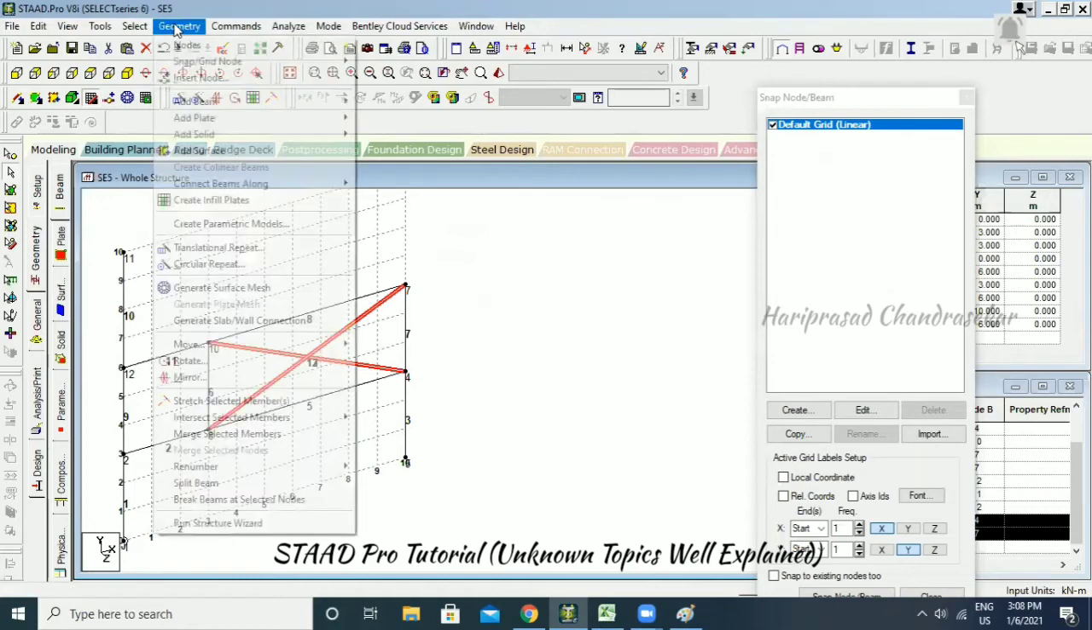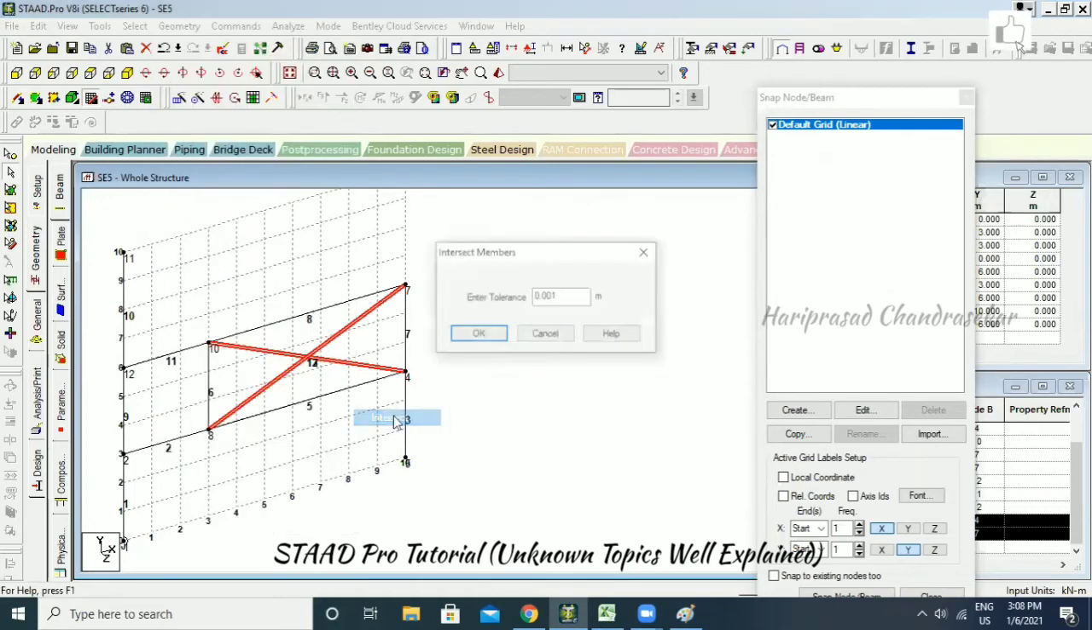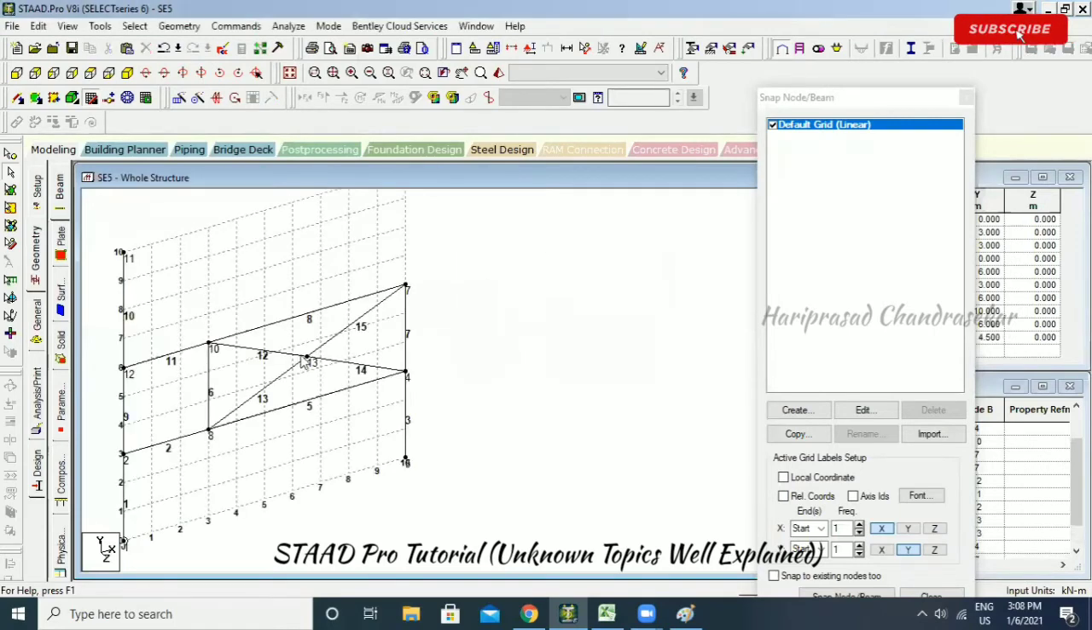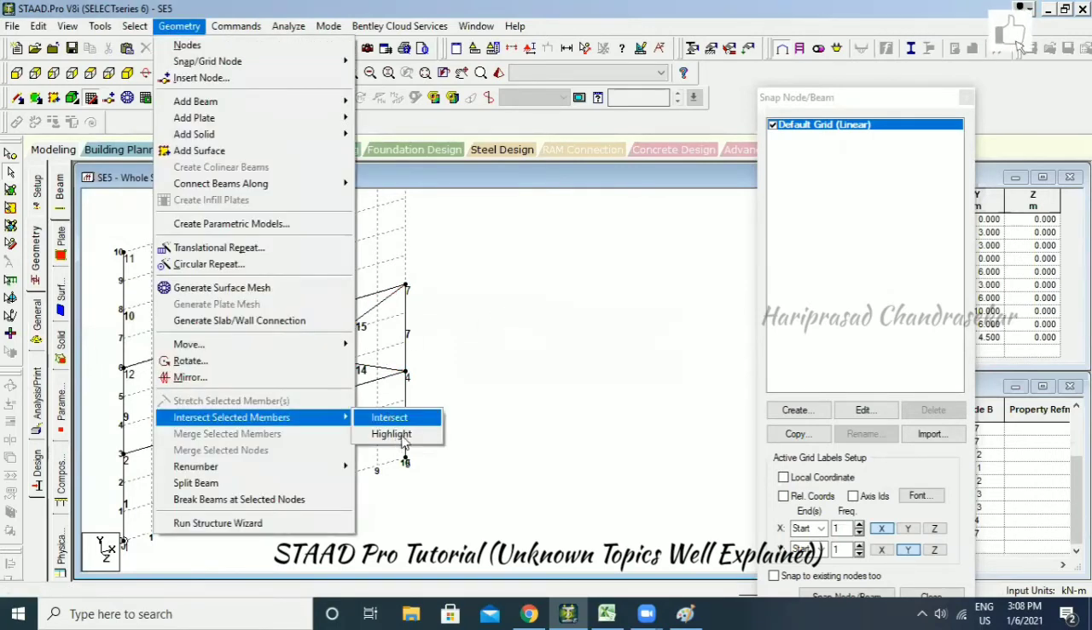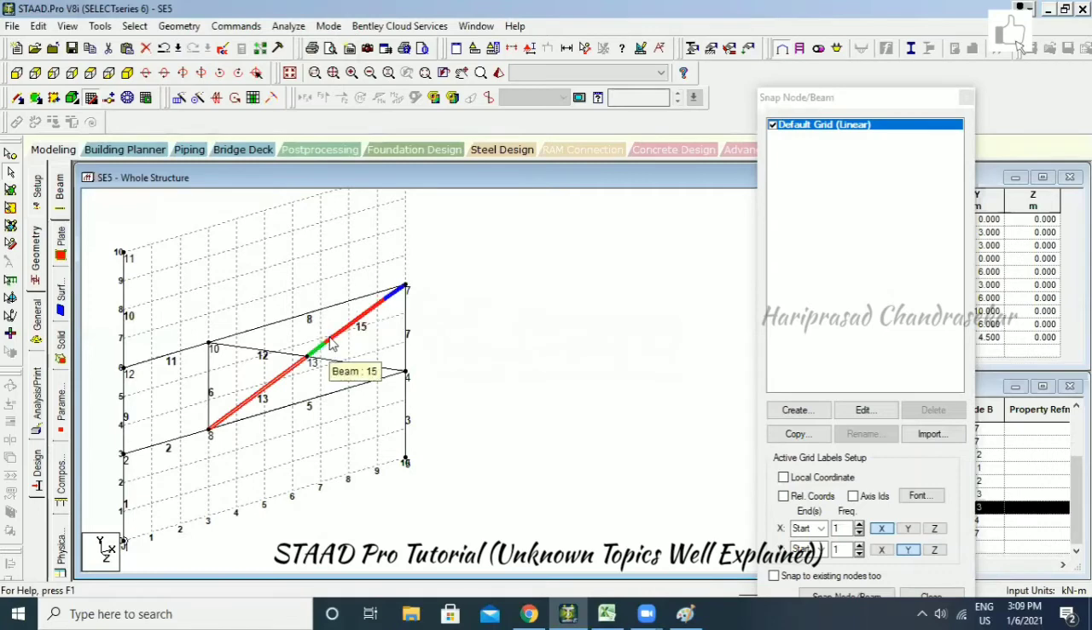Now after that you can go for geometry and then intersect. You can go for tolerance with 0.001 and click OK. So two new beams are created. It is like creating a node, so it became independent beams. So that is what highlighting and intersect in geometry does. And if you want to merge it again, if you don't want it,